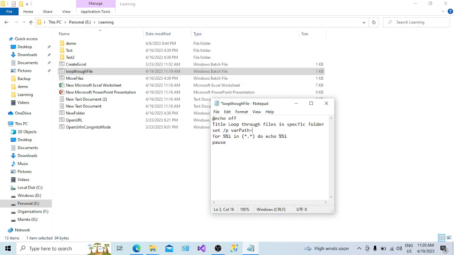This is user defined, so you can put var path, or you can use only var, or you can use path as per your convenience. So let me give a name as var path. This is my variable, and I will ask the user to enter the directory. Enter the folder path